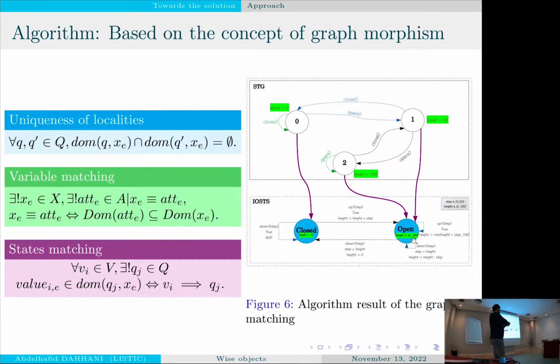So to make a résumé, we know now that state 0 is the roller shutter closed and states 1 and 2 are open. Here is open with 50%, or 50, because we don't have here the meaning of 50, and we have here 100.